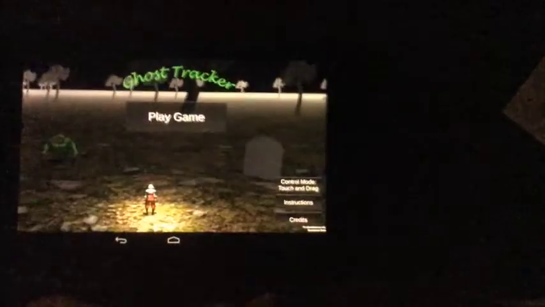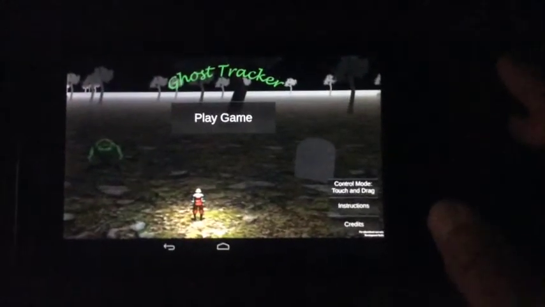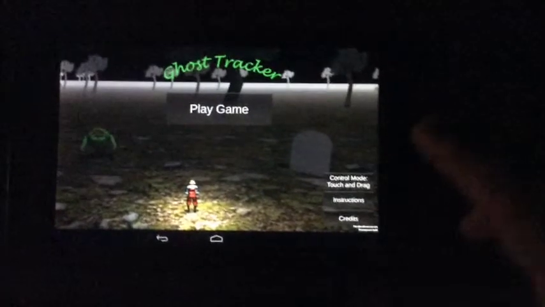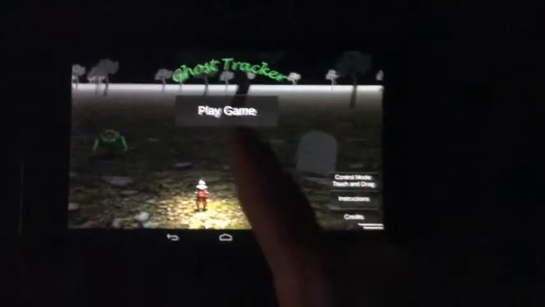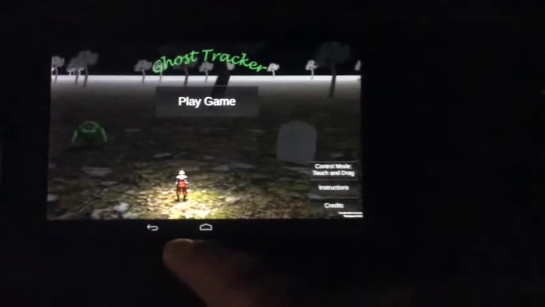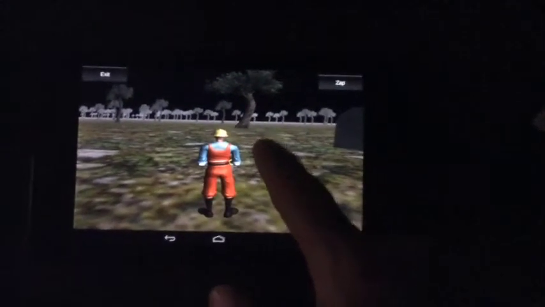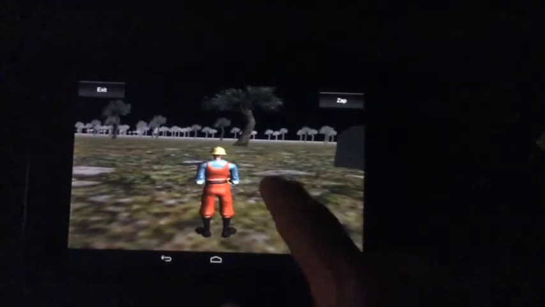Now, going back, we'll go to the default one, which is the touch and drag control, and we'll just start that. Then you see that the controls are different. I'll touch the center, but nothing is happening. What you need to do with this version is to touch someplace and then drag it forward, and then you can move him around. We see the spawn point of the ghost, and then over here